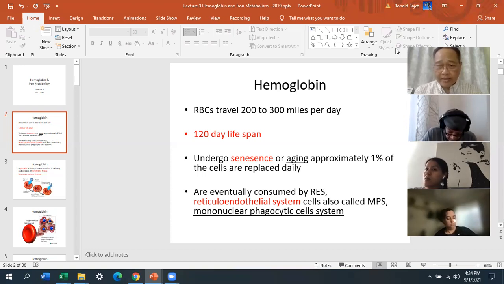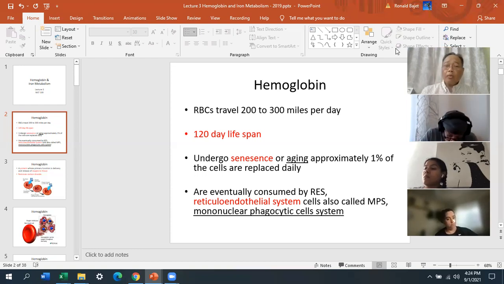Monocytes float around in your blood, and the reticuloendothelial system is kind of like your waste management system or your garbage truck. Your macrophages go around and look for junk in your blood. They see schistocytes, or RBC fragments, or even bacteria. That's why there's phagocytosis going on. They pick up foreign bodies, things that are not supposed to be in your blood. They go around your blood and just clean up your